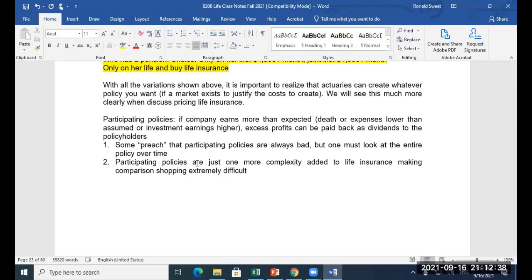So what can you create? Well, a life insurance company can create any product you can dream of. What an actuary needs is to know what happens when you die, what happens if you're alive, and what interest rate we can make on the money. So you're going to see on the second exam,